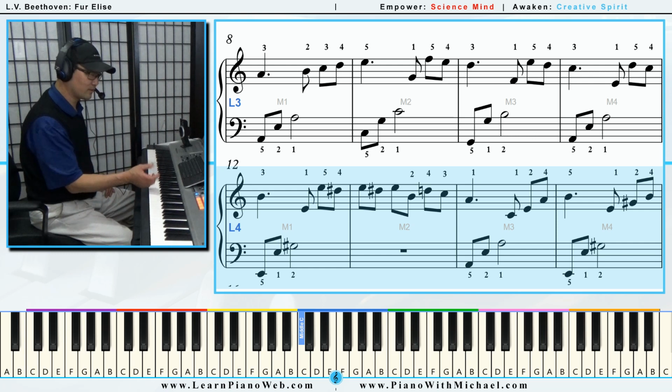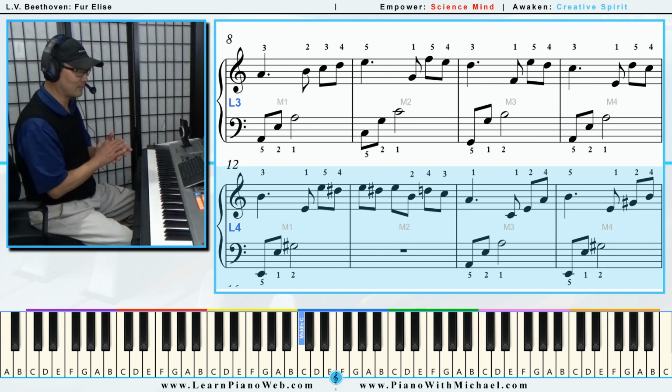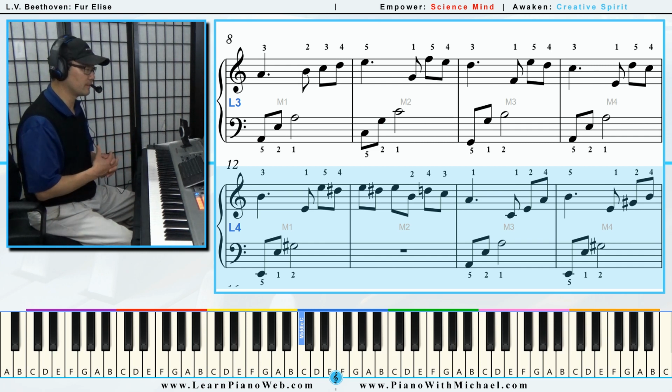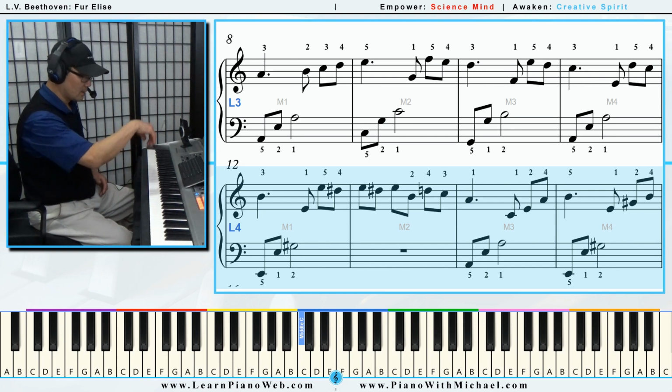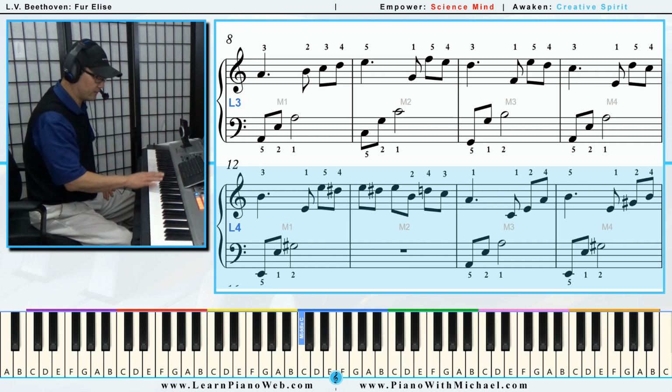pedal. And so the sustain pedal is great for allowing not just expression, but to allow the duration of a note when you've got that jump and there's a little gap there, and you don't want to be broken up. And you'll see some professionals play music without the sustain pedal, and they're absolutely incredible. But for someone like myself, I like to use a sustain pedal because my hands aren't that quick to get that jump. So let's go to line 4, measure 1, third finger on B,